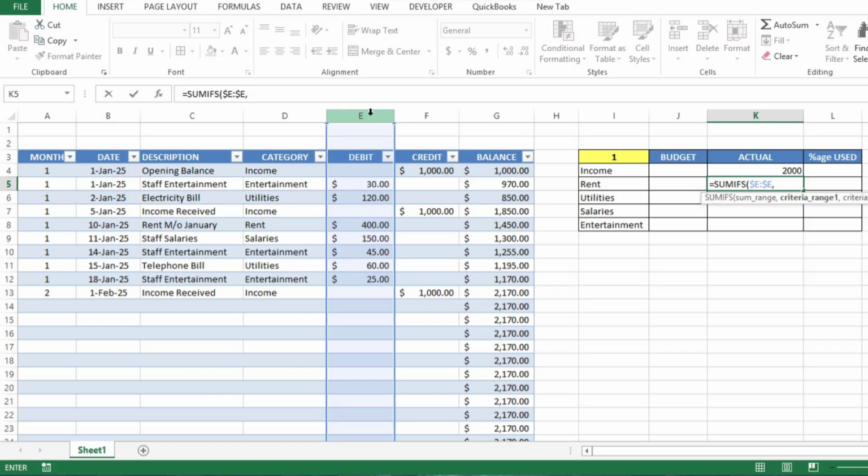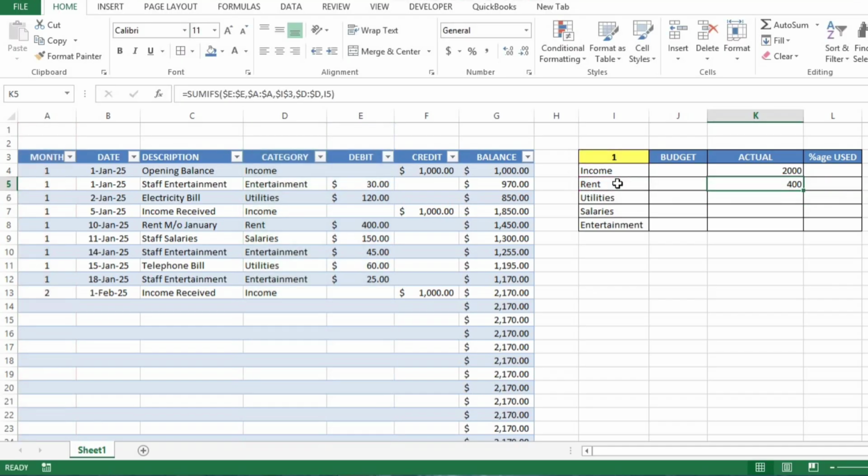कॉमा, क्राइटेरिया रेंज 1 सेम हमारा कॉलम A, डॉलर साइन, कॉमा, क्राइटेरिया 1 हमारा ये I3 सेल, डॉलर साइन, कॉमा, क्राइटेरिया रेंज 2 हमारा ये D कॉलम, डॉलर साइन, कॉमा, और क्राइटेरिया 2 ये जो एक्सपेंस है रेंट, ये करके डॉलर साइन नहीं लगाएंगे, क्लोज पैरेंथेसिस और एंटर, और ये हमारा एक्सपेंसेस का टोटल आ गया है फर्स्ट मंथ का। ये फॉर्मूला सिर्फ सिलेक्टेड मंथ के रेंट एक्सपेंसेस का टोटल शो करेगा।